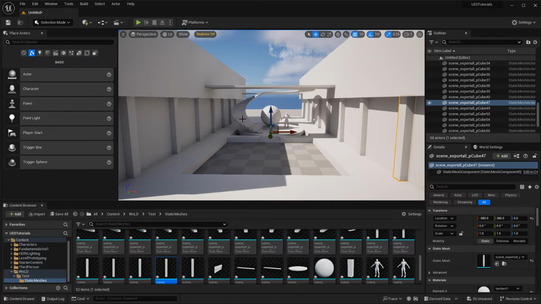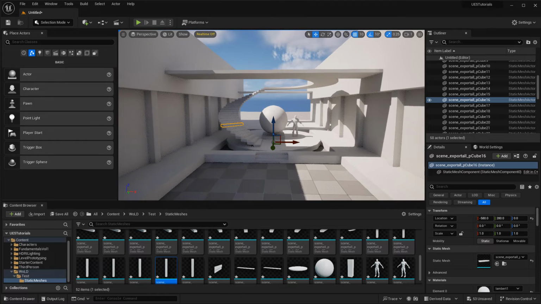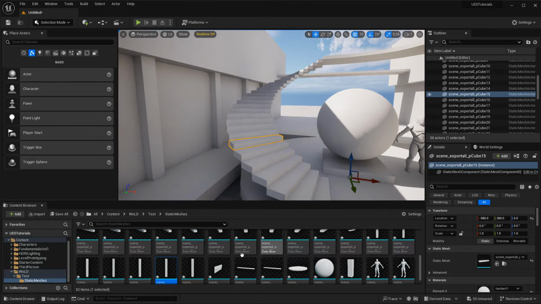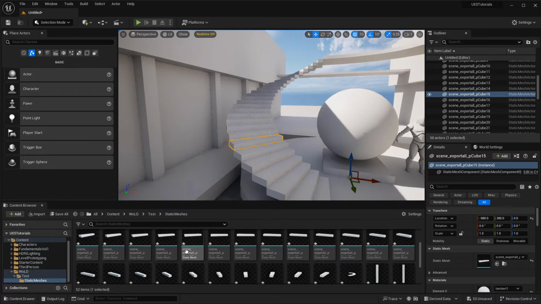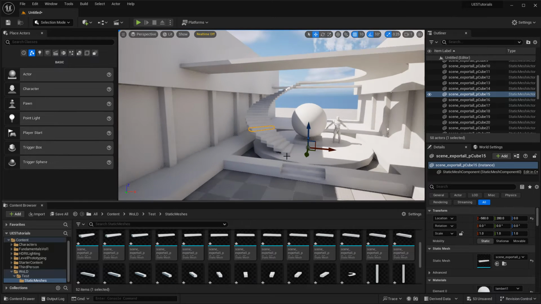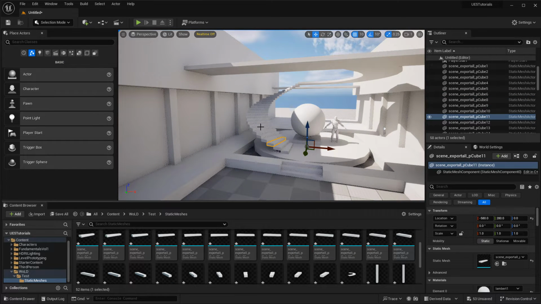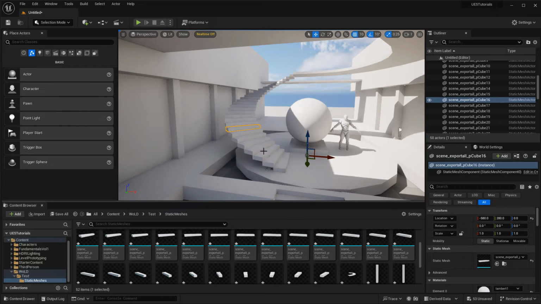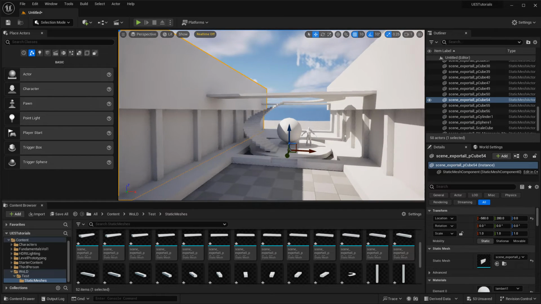the level. Another thing for some of these static meshes, they are brought in as individual meshes, such as these stairs, and it gets auto-populated inside the content browser. And so this is, again, not very effective. So what you could do is you can combine them in Maya and then re-export all, and it will be imported as one static mesh, one stair static mesh instead of individual steps, just like I did for